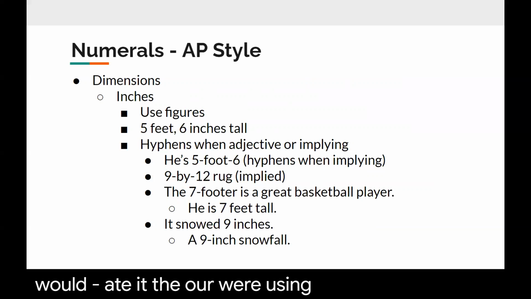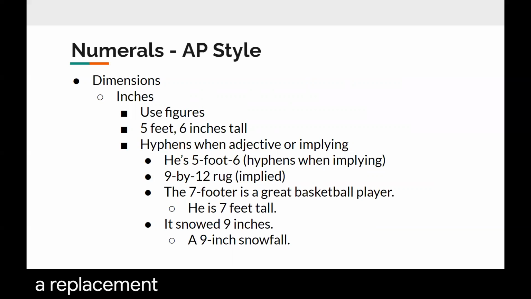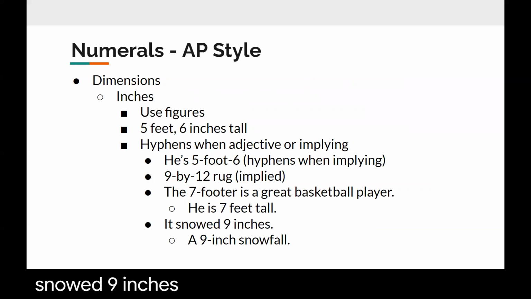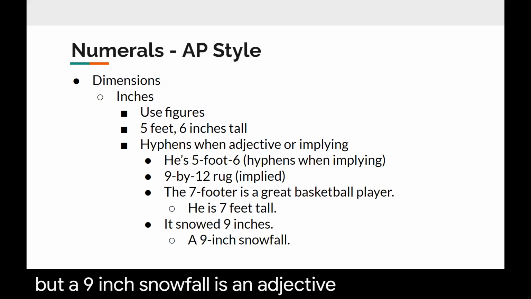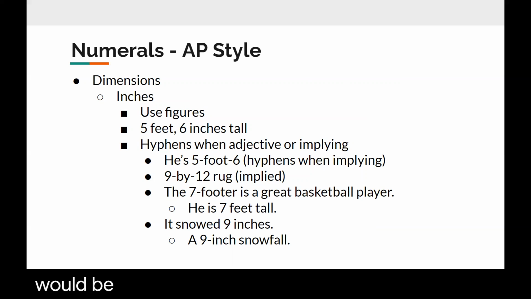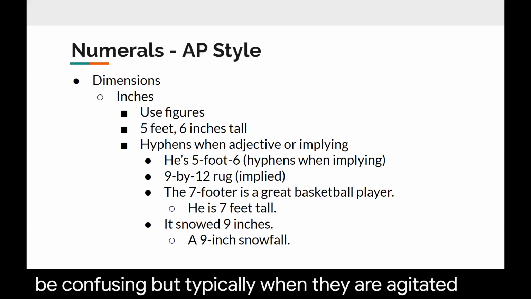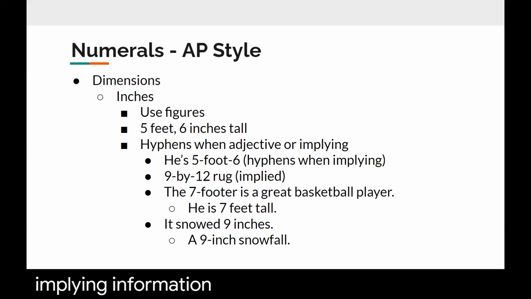The 7-footer is a great basketball player. We're using a 7-footer here as a replacement noun, and so 7-footer would be hyphenated, while he is 7 feet tall, where 7 feet is a subject complement, you would not hyphenate it. It snowed 9 inches. We're describing how many inches it snowed, so we would not hyphenate it, but a 9-inch snowfall is an adjective and therefore it would be hyphenated. So hyphens and numbers can be confusing, but typically when they are adjectives implying information or replacing a noun,